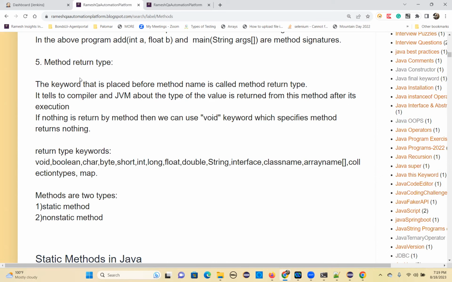If nothing is returned by the method, that means you are using the void keyword there. Your method is not going to return anything. If you don't want your method to return anything, what is the keyword you have to use there? Void keyword. If your method has to return some output to you, and you want to use that output somewhere else,